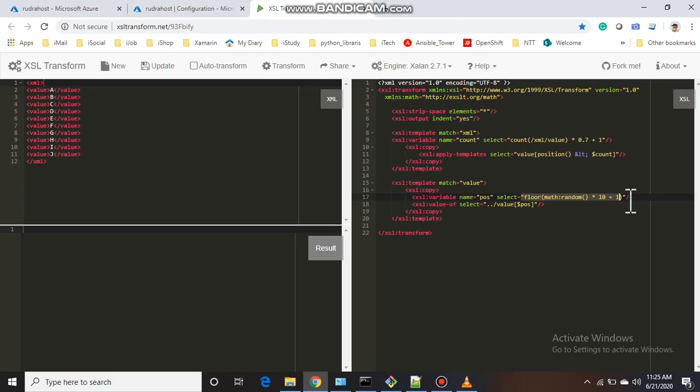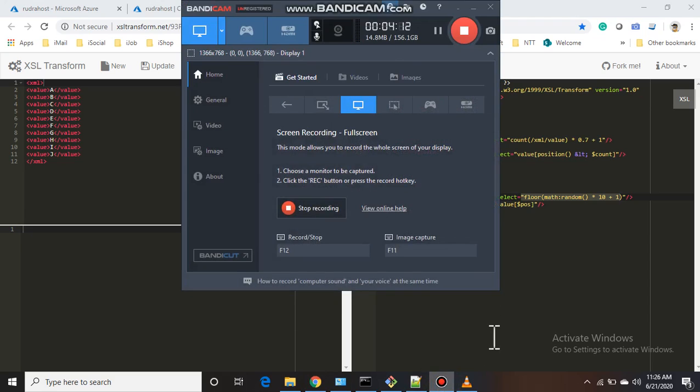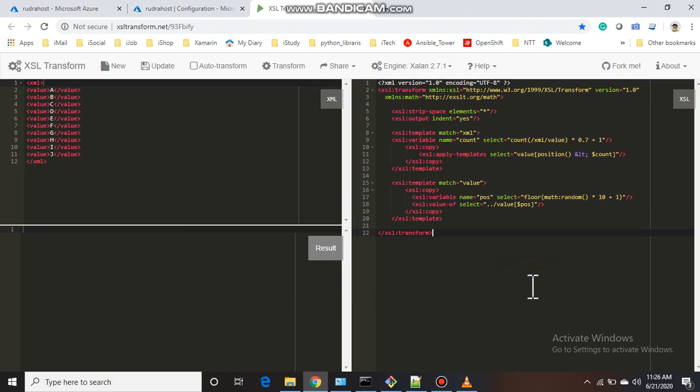Usually you see this function in JavaScript, but by using these EXSLT math libraries, you can use that function in your XSLT code also. Here I call the math random function and multiply it by 10 plus 1, just simple mathematics. This math random generates numbers like 0 point something.